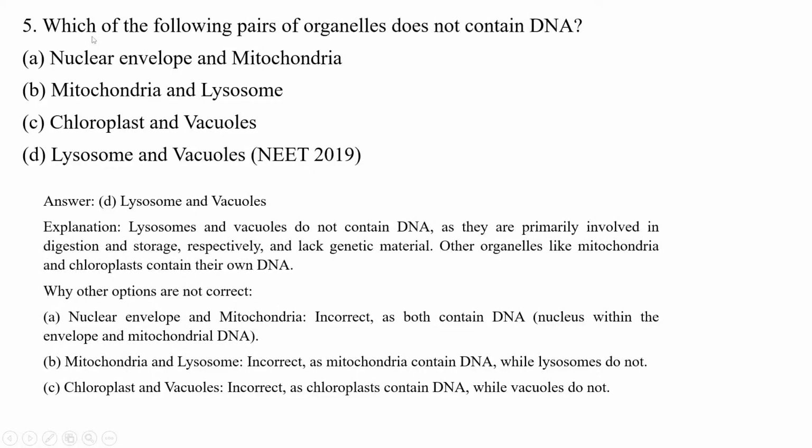In this question you have to find out which of the following pairs of organelles does not contain any DNA. Lysosomes and vacuoles don't have any kind of DNA because they are primarily involved in digestion and storage. Lysosomes are mainly involved in digestion and vacuoles mainly in storage. That's why they don't need any kind of genetic material. Other organelles like mitochondria and chloroplast have their own DNA